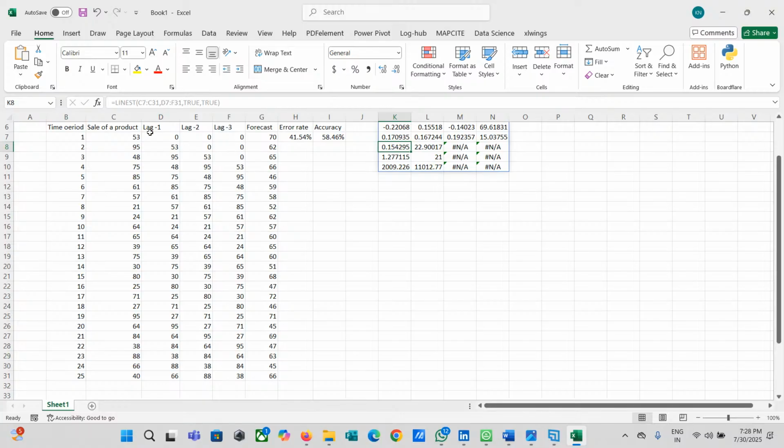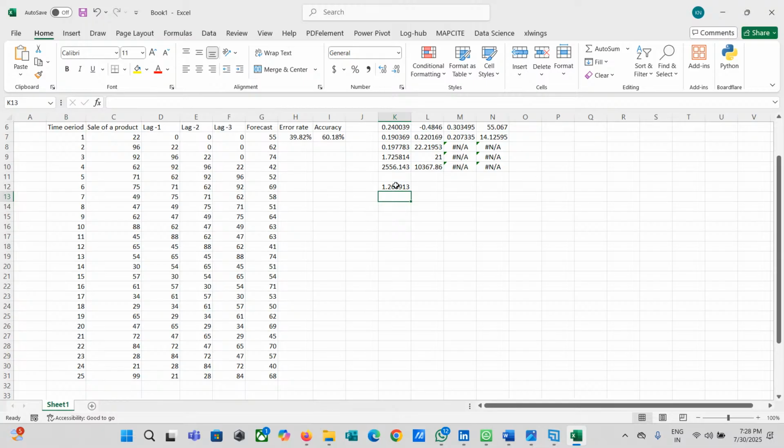Okay, so that's the reason why we are getting such poor results, and lag 1, lag 2, lag 3 are not very significant variables. Even if you find a t stat for each and every value, let's say the t stat for this is my coefficient divided by the standard error. This is my standard error.